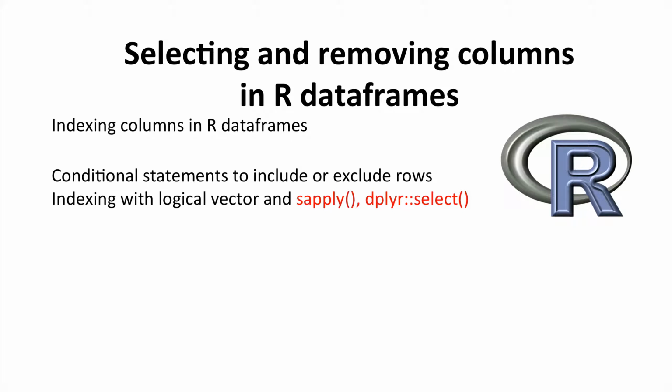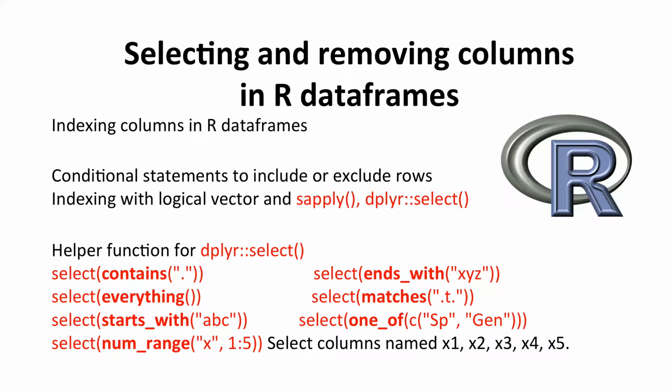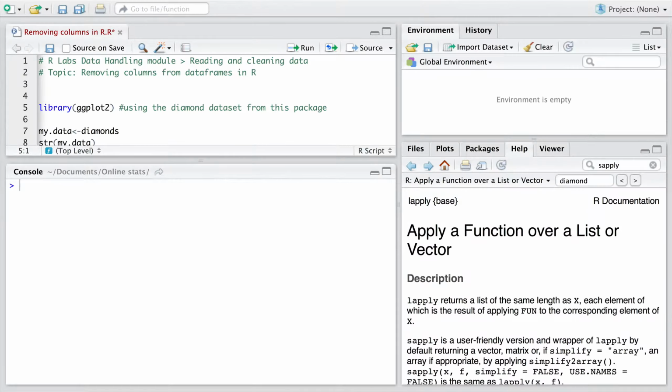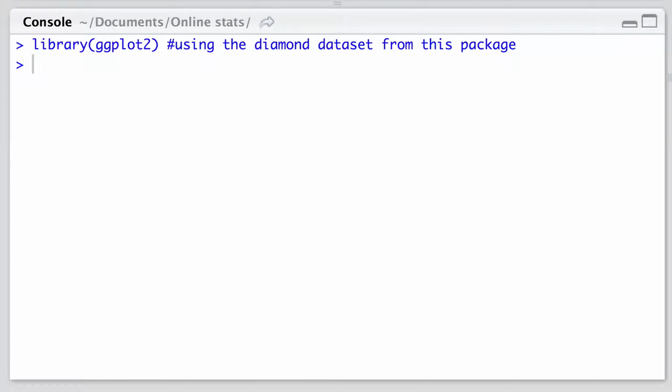Also, by then going beyond base R, we can use the dplyr package's select and its helper functions that allow us to select column names based on whether that name contains a certain character, or whether it starts with or ends with certain characters. Okay, so moving back to RStudio, let's open the package ggplot2 and assign to a new data